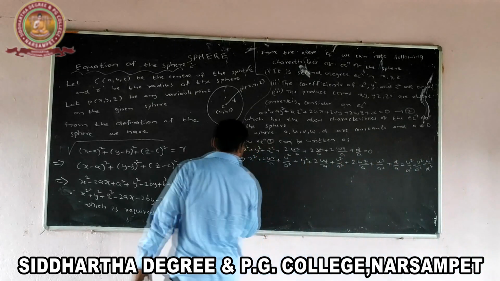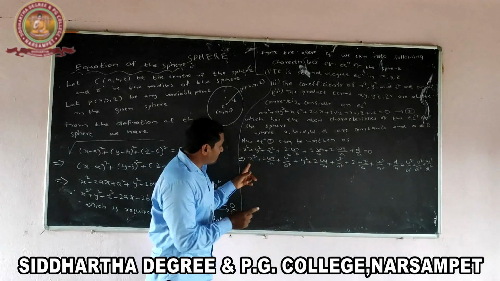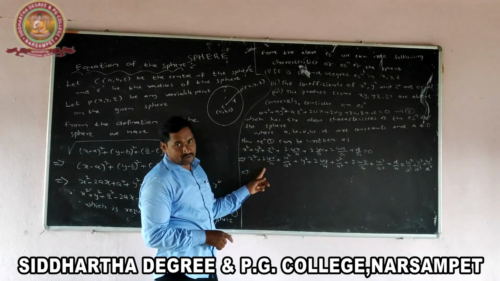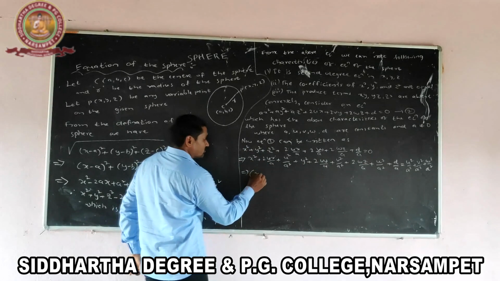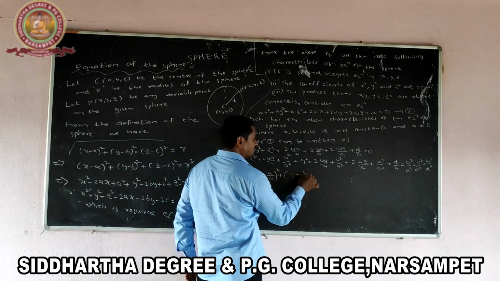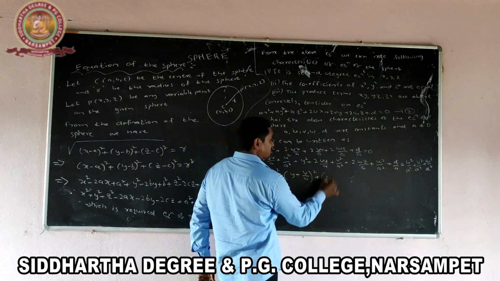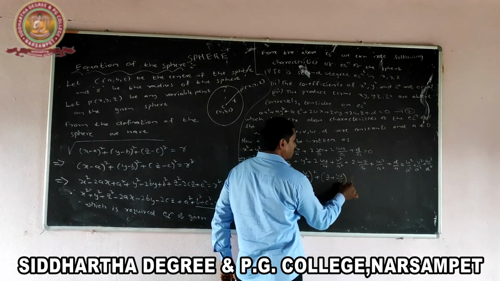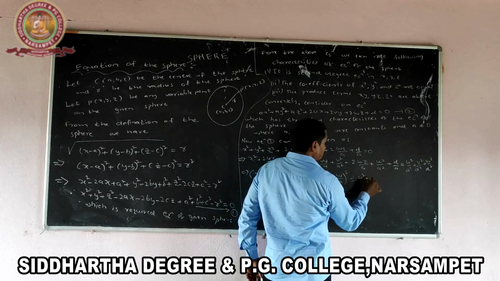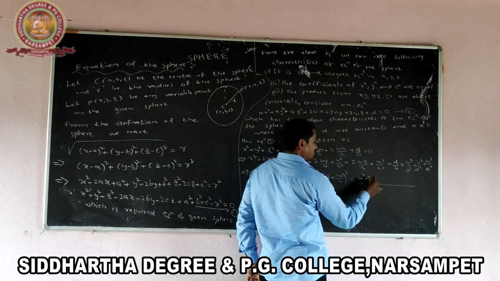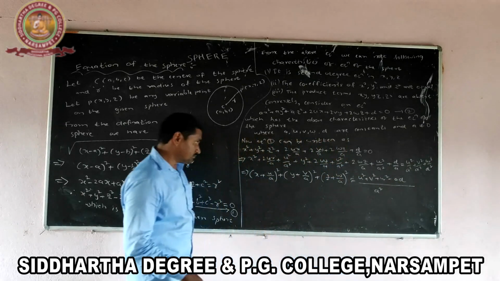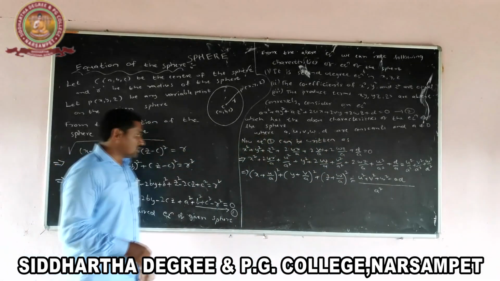Again on simplification, here we can use a square plus 2ab plus b square. So there we can write x plus u by a whole square. In similar way, y plus v by a whole square plus z plus w by a whole square is equal to, taking this one to RHS, taking the LCM as a square, this is u square plus v square plus w square minus ad, right? So which represents